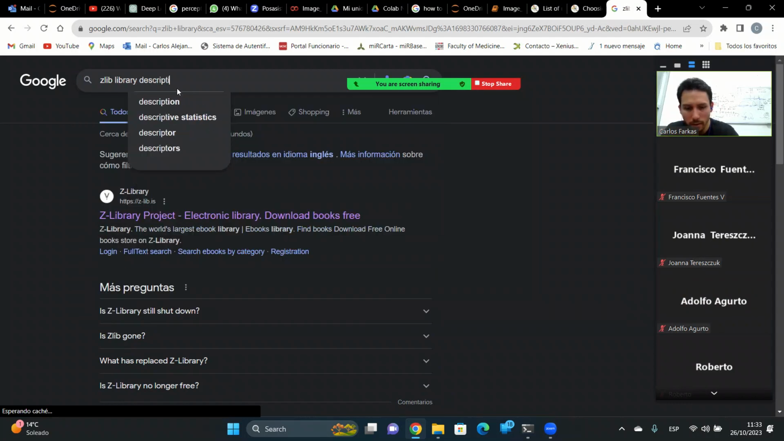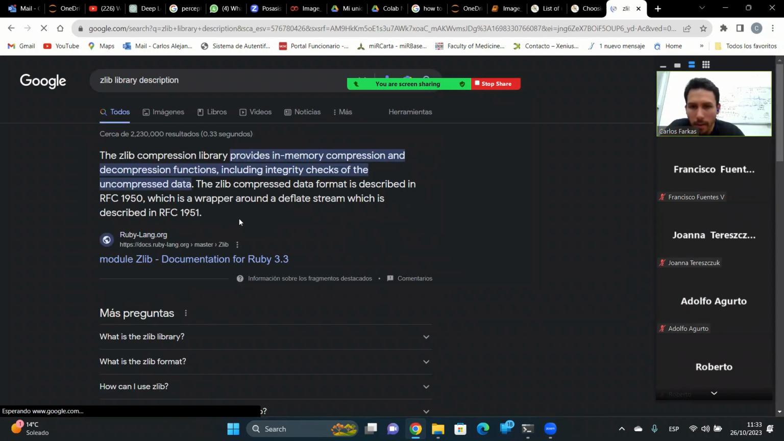So, let's see. This is the description of the library. It's a memory compression library. It's important for decompressing things. So if you have problems with that, you have to do a workaround on the internet. But it's very important to have this library up and running if you have a new